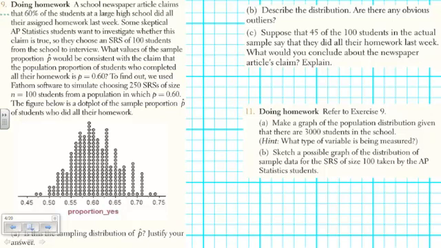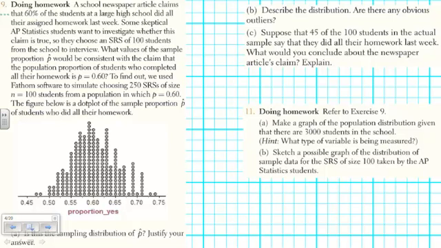Okay, so in question number 9, the school newspaper claims that 60% of the students at a large school did all the assignments last week. AP statistics students were skeptical, so they chose a simple random sample of 100 students and interviewed them. Now, the value of p-hat may vary from sample to sample. What if we start with the assumption that exactly 60% of the population really did do their homework? What if we then did a simulation of 100 students at a time with that assumption?